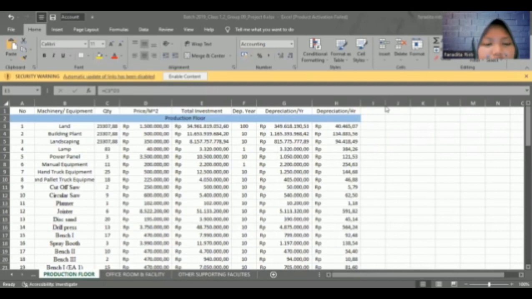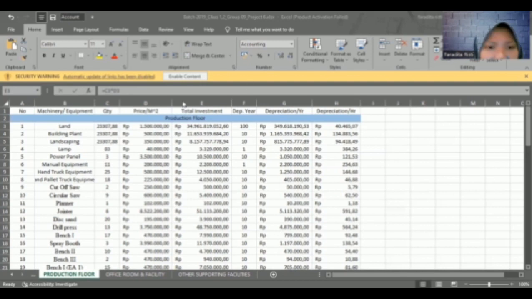Okay, I'm Faridit Aristi. I will explain about investment cost of the production floor. The production floor consists of number of machine, quantity, price per meter square, total investment, depreciation year, depreciation per year, and the last depreciation per hour. First is the land, and the quantity of land is 23,307.88, and the price per meter square of land is 1,500,000.